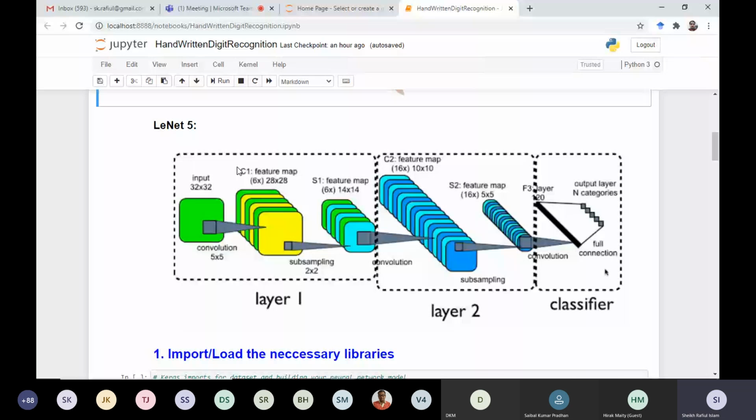So we are using 6 convolutional filters, kernels here, and after performing this convolution operation, we will have 6 channels in the feature map, and the dimension of the channels or feature map will be 28 cross 28. Initially we used padding here, but after that we have not used padding, according to their architecture. So you can make it 28 cross 28, it does not matter.